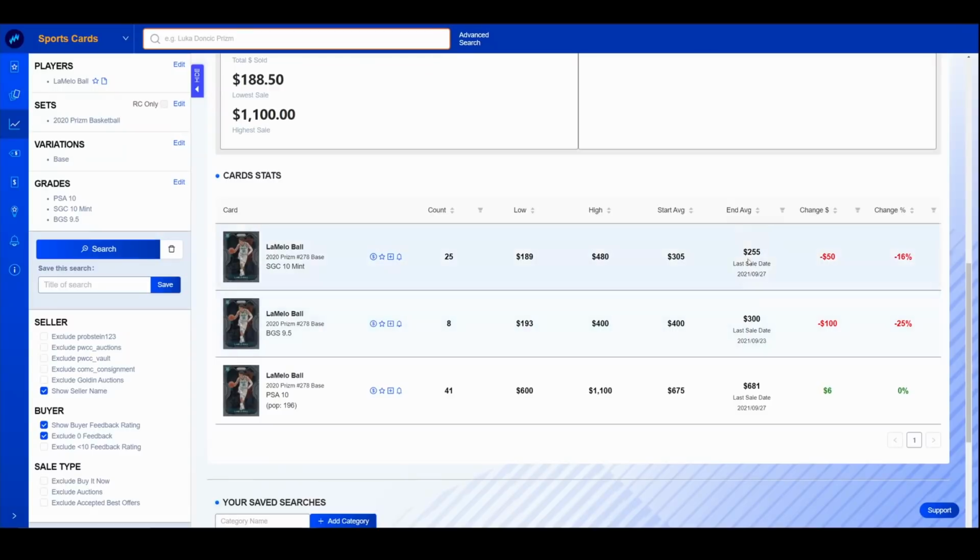SGC and BGS being very close to each other is what I see. A lot of cards, depending on the individual card and the individual timing, it's basically a coin flip on whether the SGC 10 will outsell the BGS 9.5. Some days you'll see it, some days you won't. But they're very interchangeable and they're very close together in comps. I'd actually probably give the SGC 10 a little bit of an edge in regards to comps. I would prefer personally a BGS 9.5 True Gem over an SGC 10. That's just me. I like BGS's slab better, but